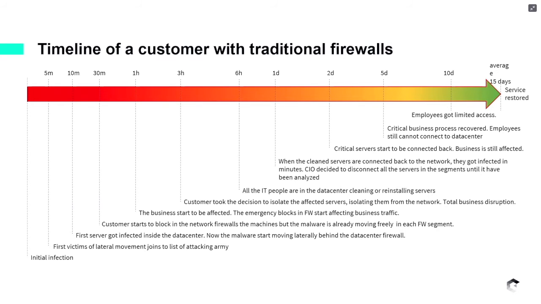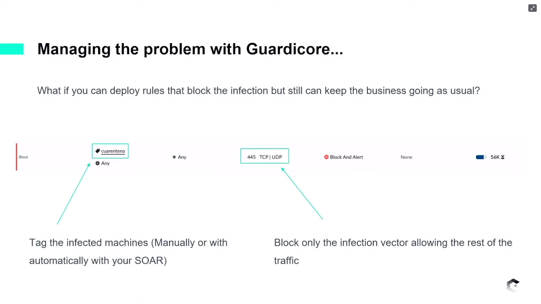And I just couldn't help putting this into the picture because, again, time doesn't allow to go through this. But this is a timeline, an average timeline of what it would take to solve this issue with traditional firewalls as the internal east-west segmentation methodology. There's a lot of steps, there's a lot of disruption to the business, and it takes a lot of time. How you do it in the microsegmentation world, on the other hand, is that based on blacklisting, you apply one single rule in this case.